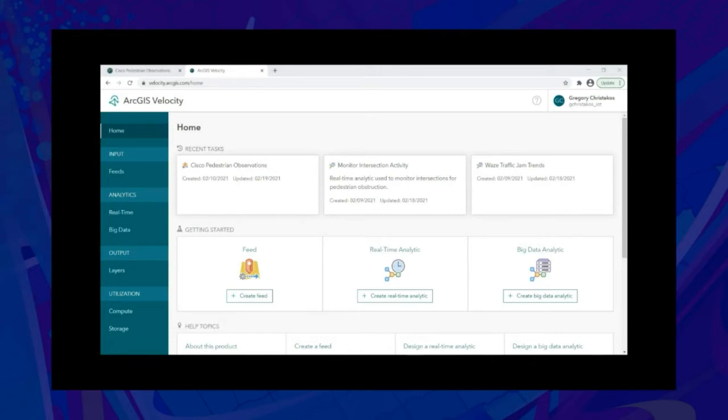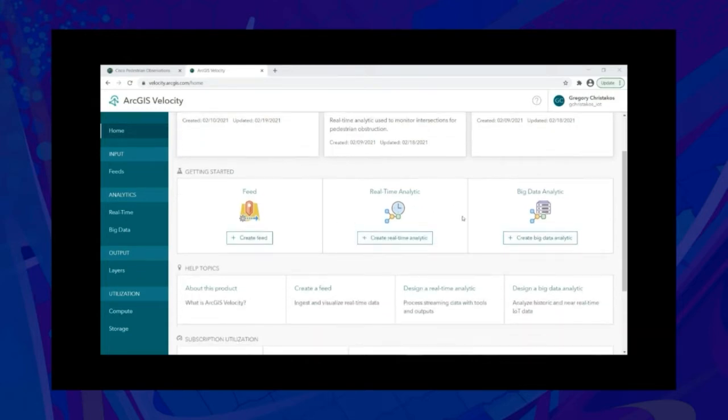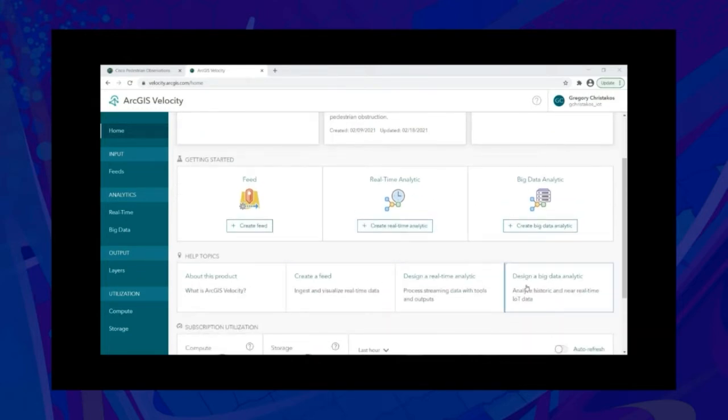Here we have the homepage of ArcGIS Velocity. From this point, we can review our latest activity, create new feed or analytic items, or even review various help topics. Now, configuring a feed in ArcGIS Velocity is a guided experience that quickly and easily allows you to bring